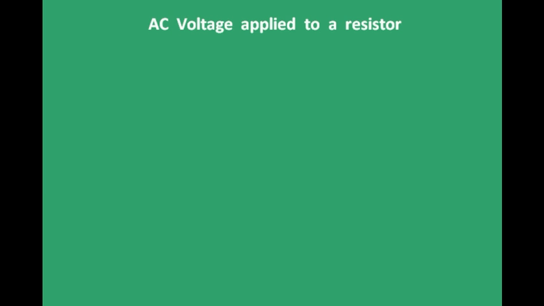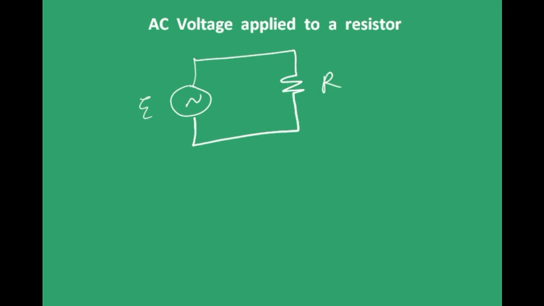Okay, first, consider a simple circuit where you apply AC voltage to a resistor of, say, resistance R. Now, say this is a varying voltage, right? We are giving a voltage which varies sinusoidally. I mean, say the external voltage given is Vm sin omega t, where Vm will be the maximum value, right? Because sin omega t varies from -1 to 1. So Vm will be the maximum voltage, or I can say it is the